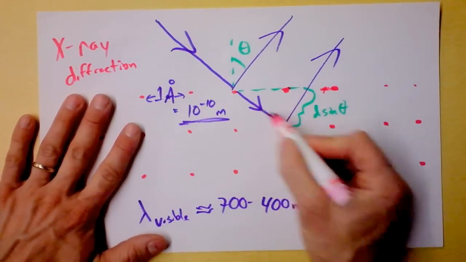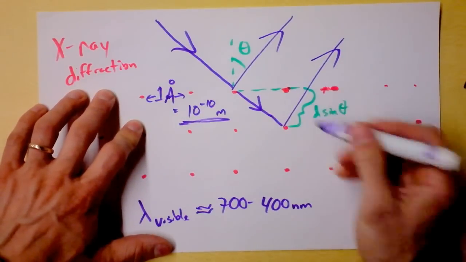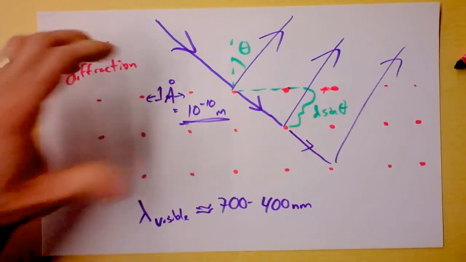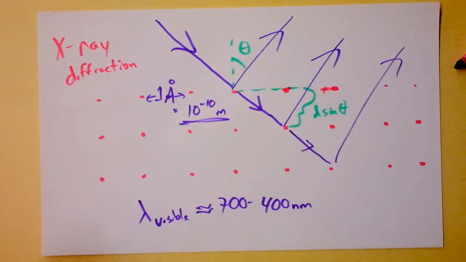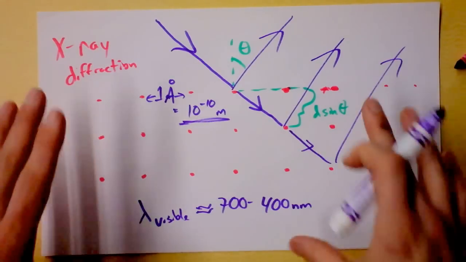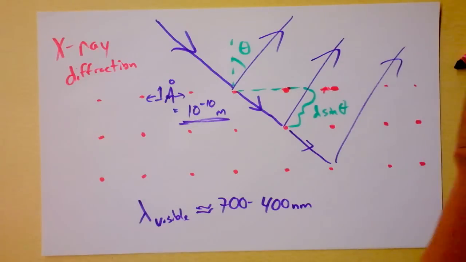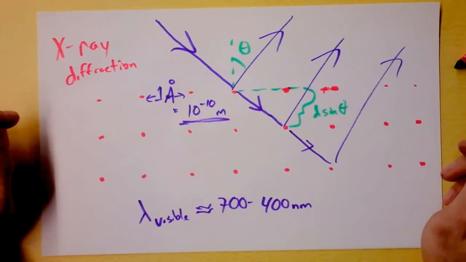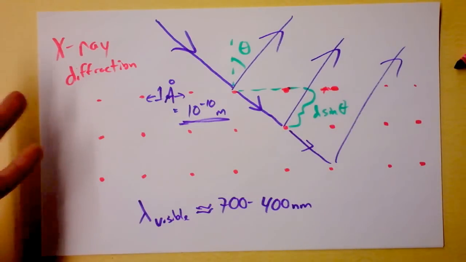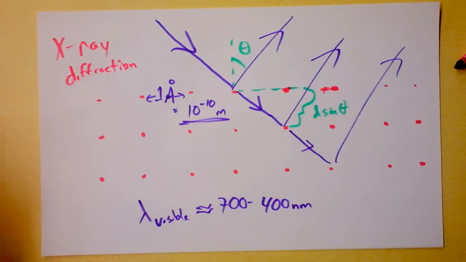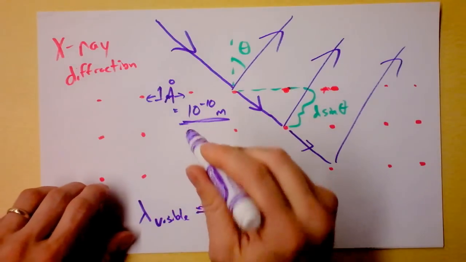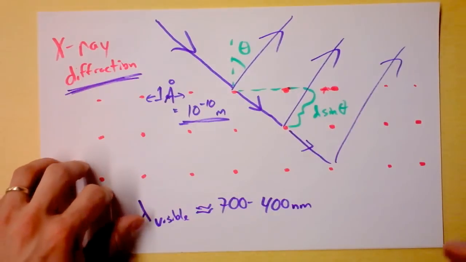So if your material has regular spacings like this, then you will get it. Wow, look at this. This one comes through and that one goes out like that. You will get a beautiful diffraction pattern, and it's like living in inverse space. Everything is 1 over everything else. And you can picture stuff. It's fantastically beautiful. For instance, Watson and Crick, you remember those guys who discovered DNA, the double helical pattern? They found a diffraction pattern of it using X-rays, and that's how you investigate crystals and even DNA. So X-ray diffraction is hugely significant in materials physics.